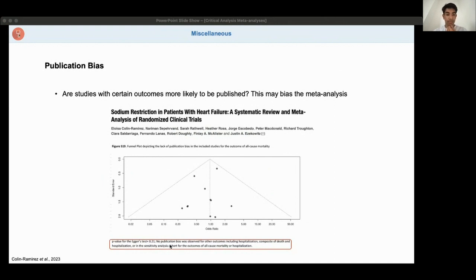And they did this funnel plot for all their different outcomes and all their sensitivity analyses, which is really good, very thorough. I was quite impressed when I saw this, because not everyone would take the time to check whether there's publication bias for every little analysis they did. So it's quite well done. It essentially uses odds ratio and the sample size, which is related to the standard error. So don't worry too much about how to calculate it. Just understand right now what it means and how that affects the results of the meta-analysis.